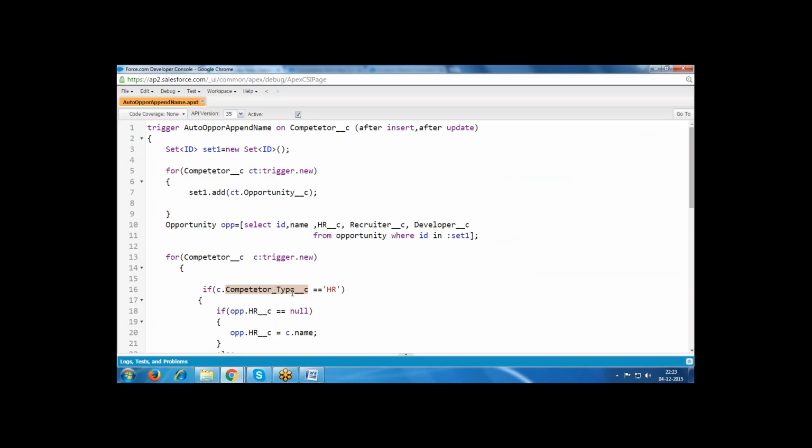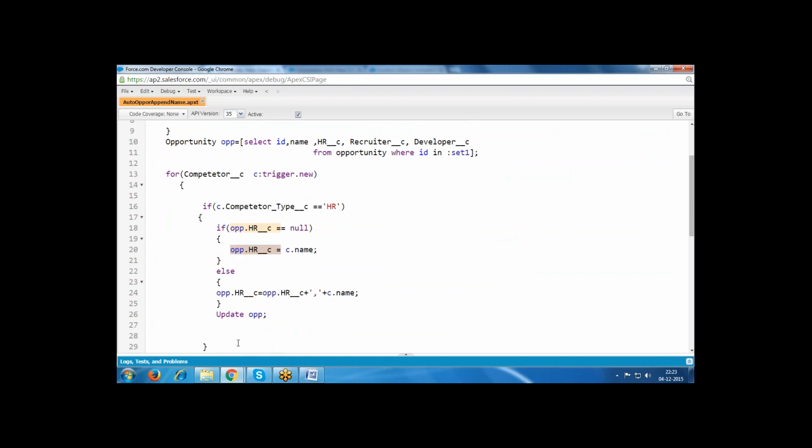If c.competitorType equals HR and the opportunity object's HR field value equals null, then for that field we directly assign c.name, the competitor name. Else, opportunity.hr equals opportunity.hr plus a comma plus the competitor name.